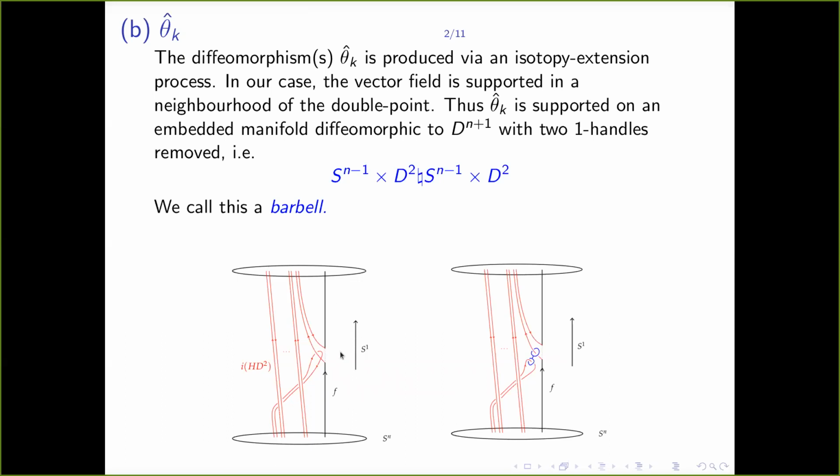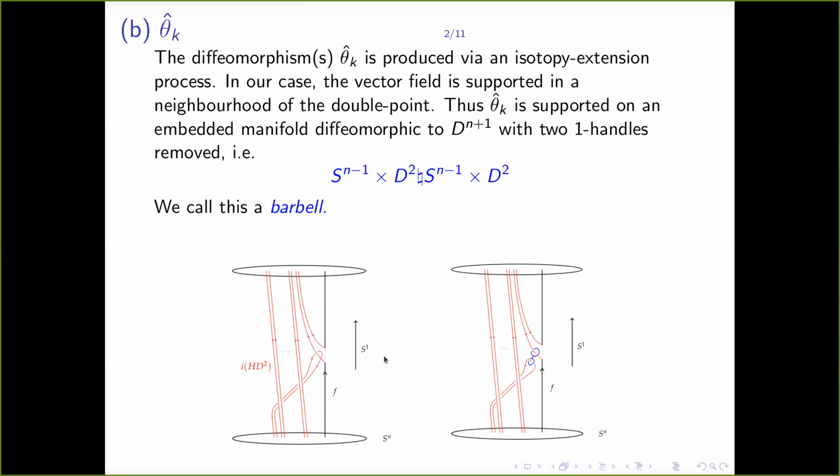So you construct that family of diffeomorphisms of S1 cross Sn, and then you restrict that family to the boundary, and that's the diffeomorphisms of S1 cross Sn that fix an embedded S1 cross Dn. So the way you do that is, here's our immersion that we started off with, and we resolve the